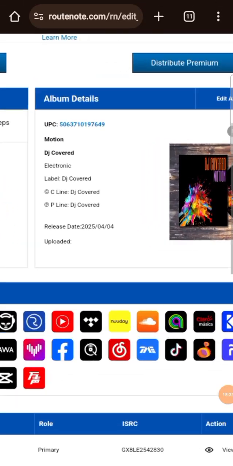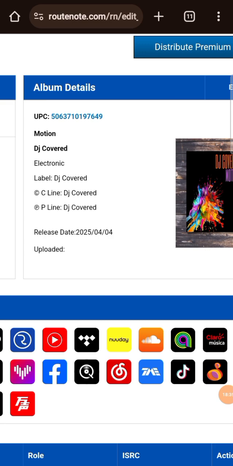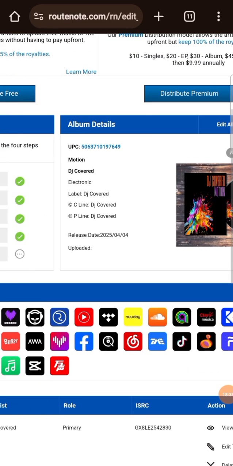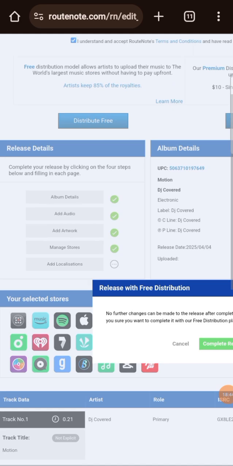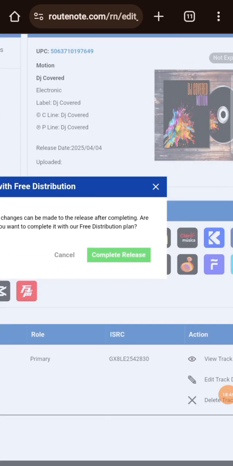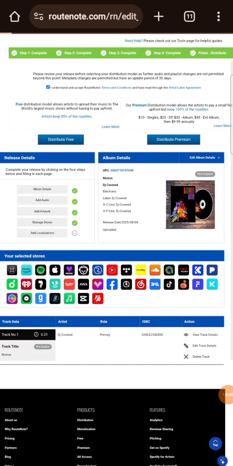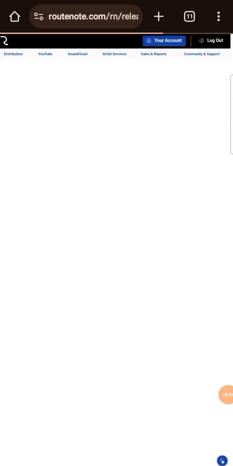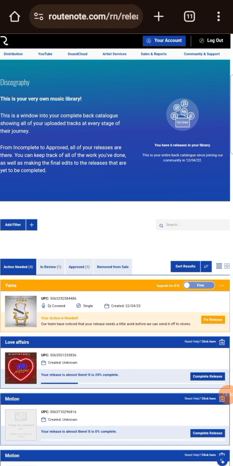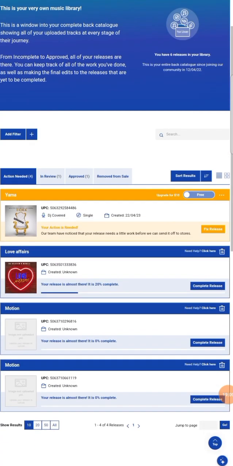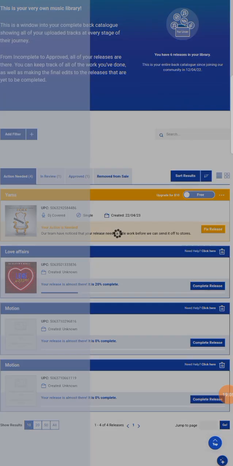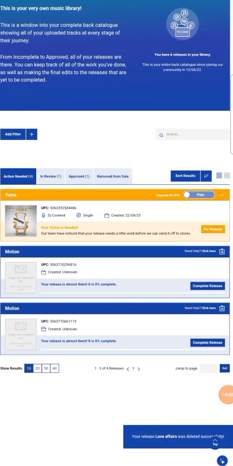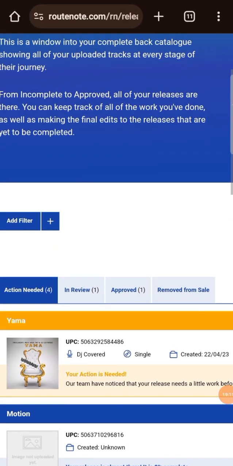And then this is how the metadata is filled in, and then you're just gonna click distribute, and then you're gonna click on complete release, and then you're gonna wait for it. So yeah, now our release is actually released. Yeah, and then now we're gonna click on in review,